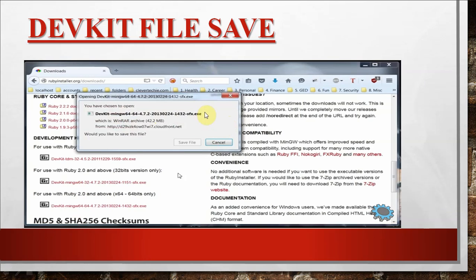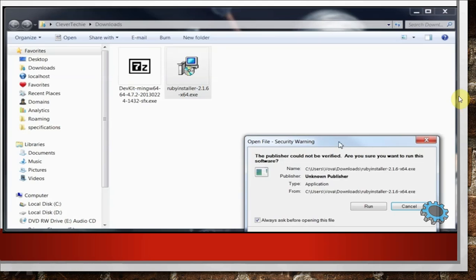This is the .exe file of the development kit, and we will click on the save button, so it will be saved on our system. Now we have two software under this download folder. First is the development kit, and second is the Ruby installer 2.1.6, which we have already downloaded. Now we have to start the installation process.